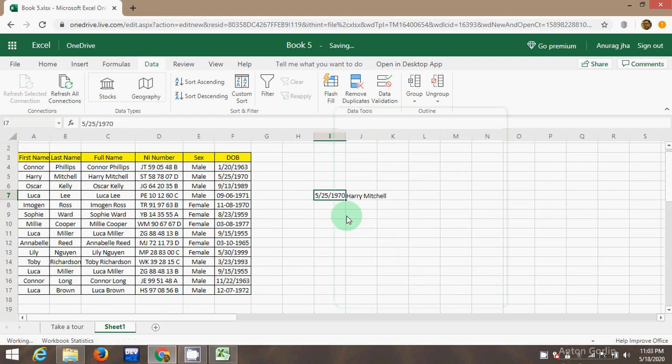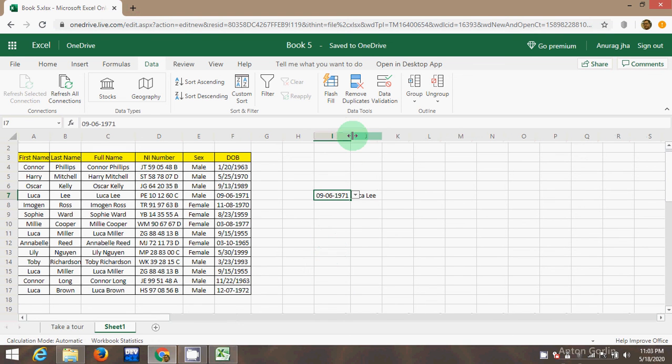And you can see that here I applied data validation. Now you see the date of birth 9/6/1971 is located here. I am searching manually for 9/6/1971, and it is located here. Perfect for the result. So we learned how XLOOKUP works in this video.